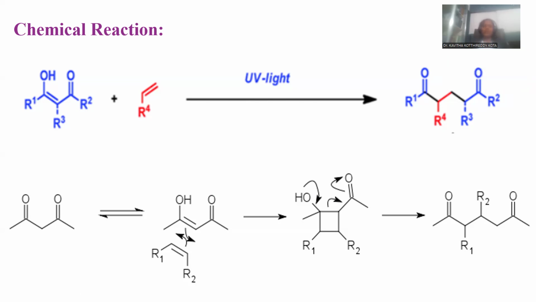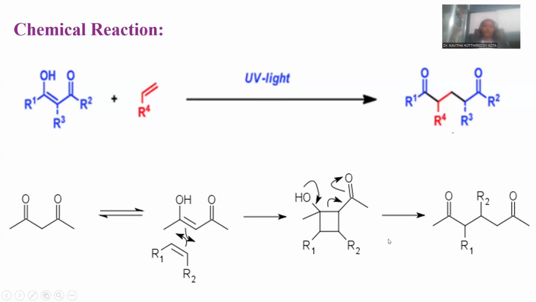In order to understand the mechanism well, the 1,3-diketone is tautomerized, so that the enolic form is taken into consideration, and here the olefinic compound is taken. Both participate in the 2+2 cycloaddition process. Here you can achieve the cyclobutane intermediate. Cyclobutane is sterically highly strained, so it immediately goes for the ring opening reaction in this manner, and here you can achieve the 1,5-diketone